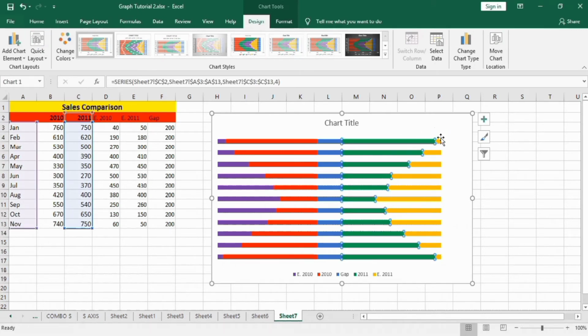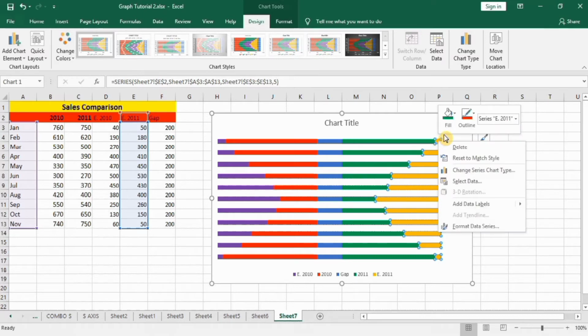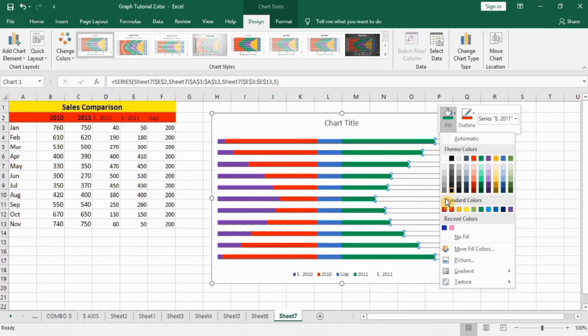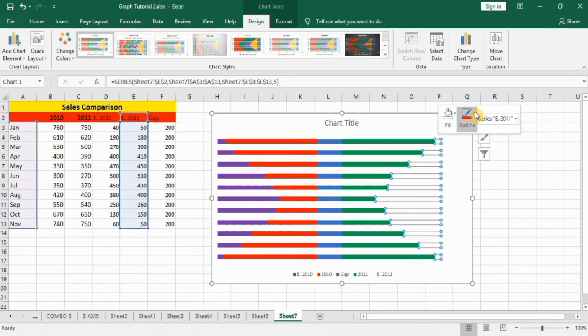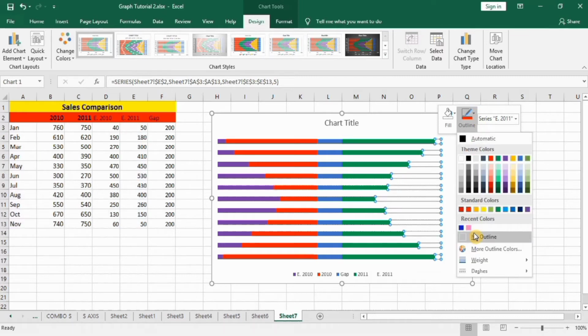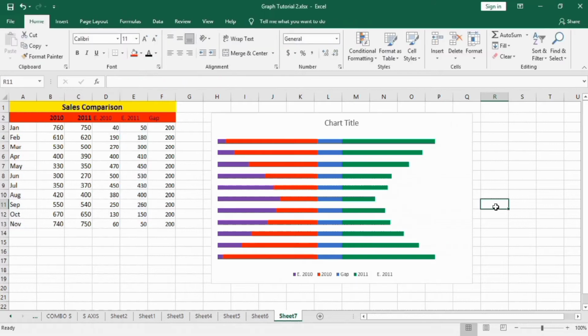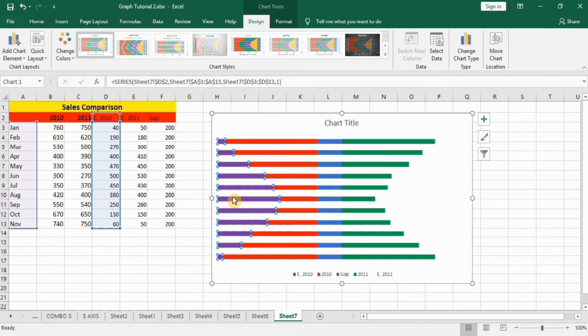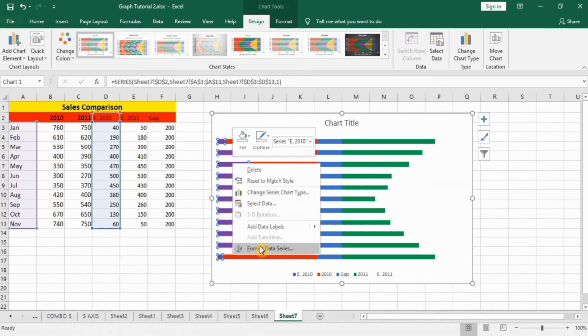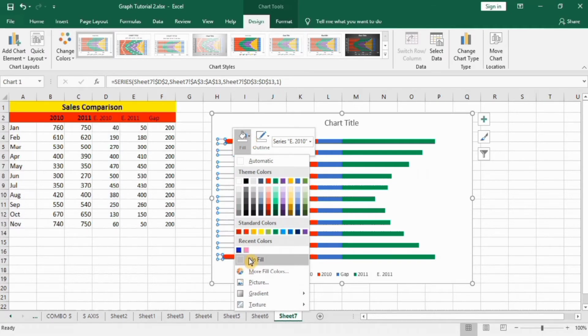Now select the corner ones and right click. From here you can select no fill and no outline for these. Now move to the other one and right click, and from here you can use no fill and no outline.